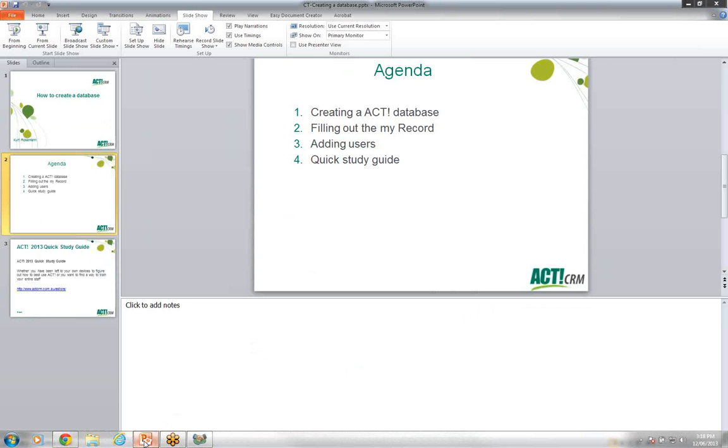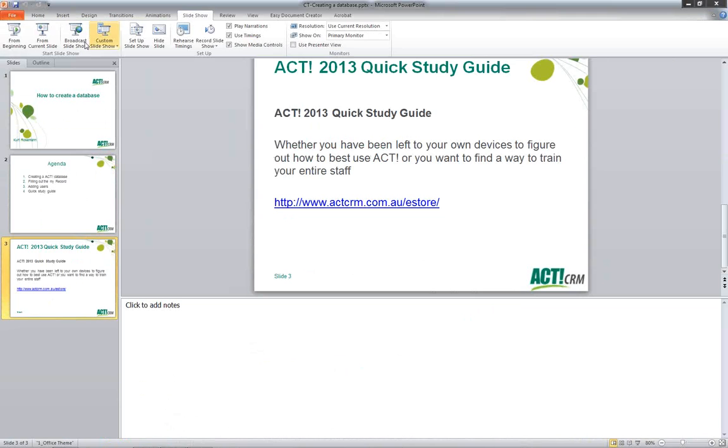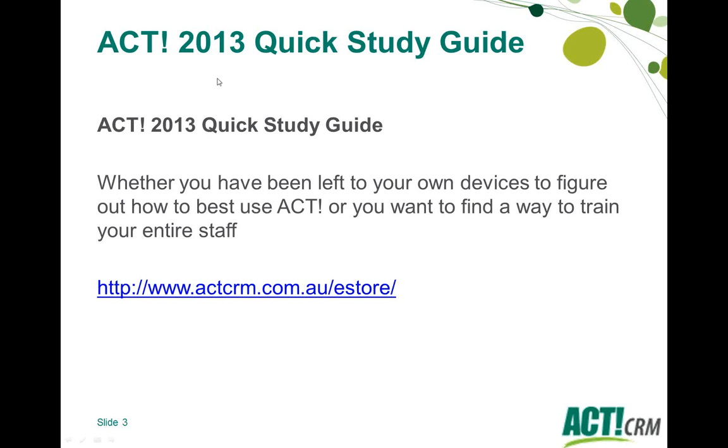Now, I talked about the Act Quick Study Guide. You can find the Quick Study Guide at that address. You can buy it there. It's loaded with quick tips and all kinds of information, not only on how to create a database, but how to add users, how to schedule activities, all kinds of stuff. So it might be worth taking a look at if you like to read. As I said, there are also the videos and the Quick Start Guide that will help you go on as